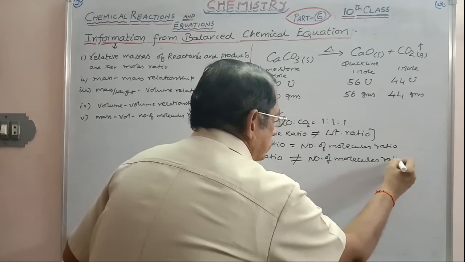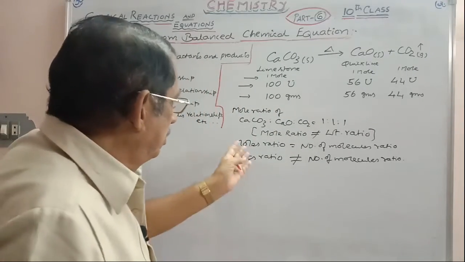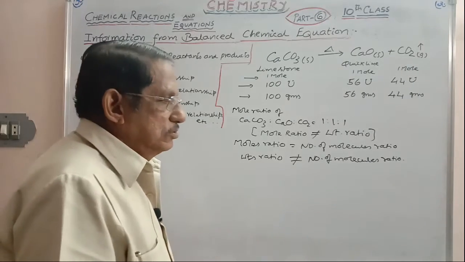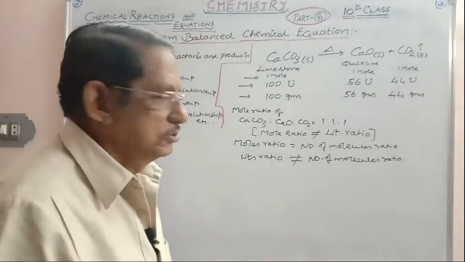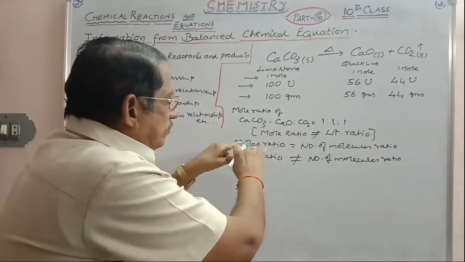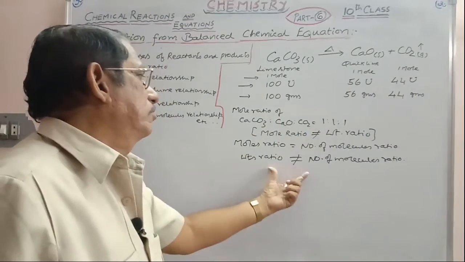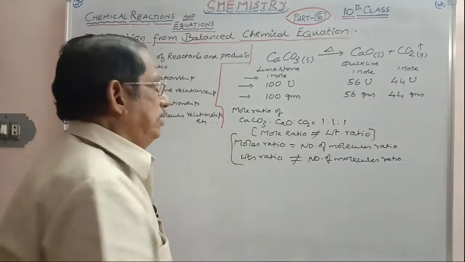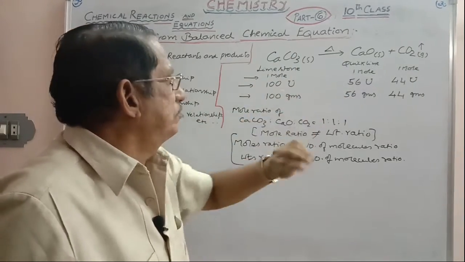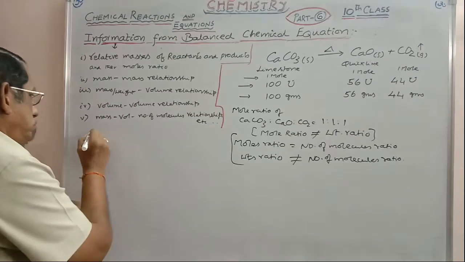But weights ratio is not equal to number of molecules ratio. In the ancient times of entrance examinations and competitive examinations, bits basing on this were asked. You will give weight ratio, find the molecules ratio. This ratio is never equal to moles ratio. Weights ratio is converted into moles ratio. Then from that moles ratio, you can get the number of molecules ratio because both are one and the same. This is the trick involved in doing the problems there. And now, basing on this weight-weight relationship, weight-volume relationship is also there. Just one problem for you.